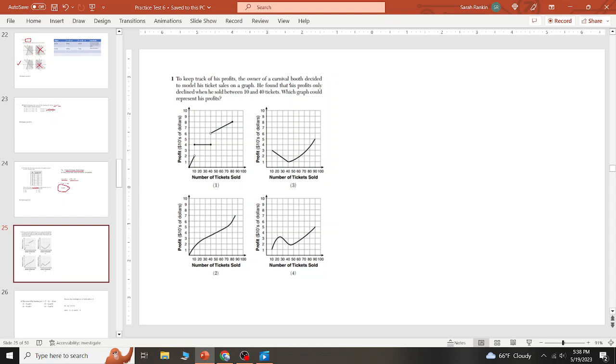Alright, keep track of his profits. He found that his profits only declined between 10 and 40 tickets. So this is just reading the chart. Between 10 and 40 tickets, this one's flat, it's not declining. This is the only one where it's all declining. Here, it's increasing. Here, between 10 and 40, it's going up and down. So our answer is